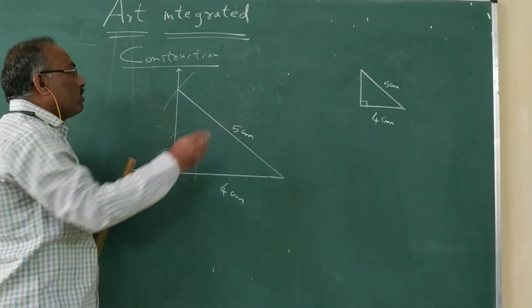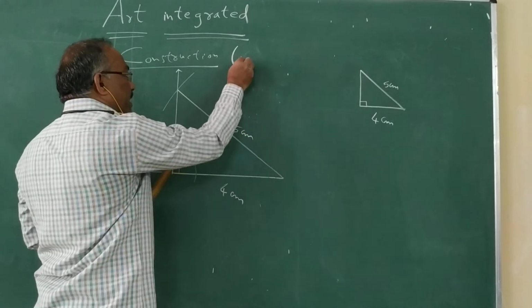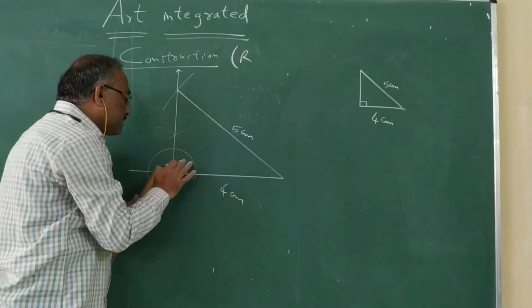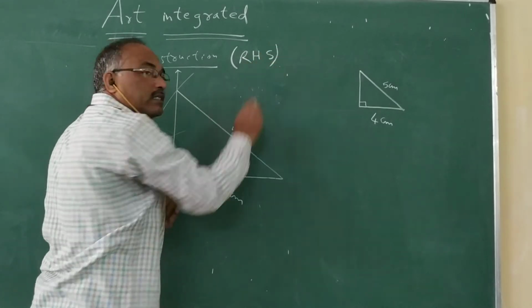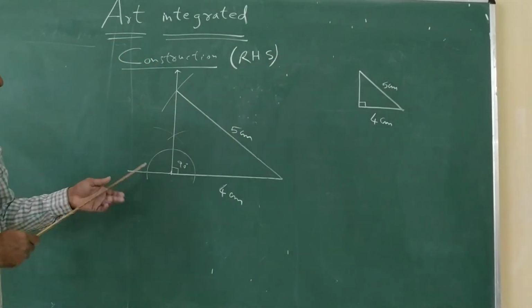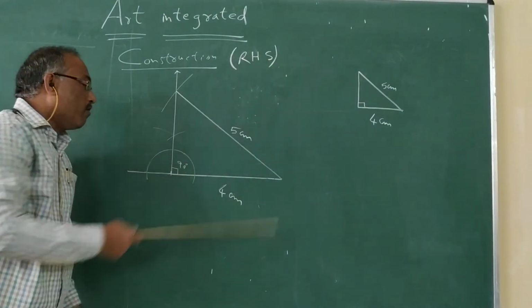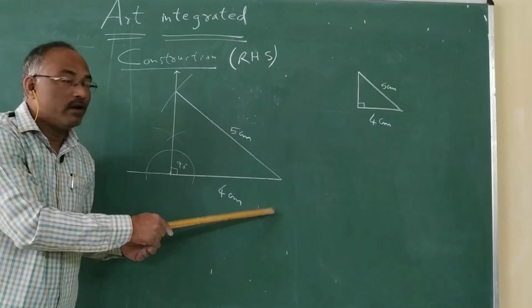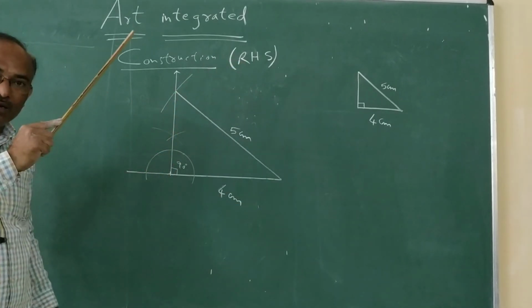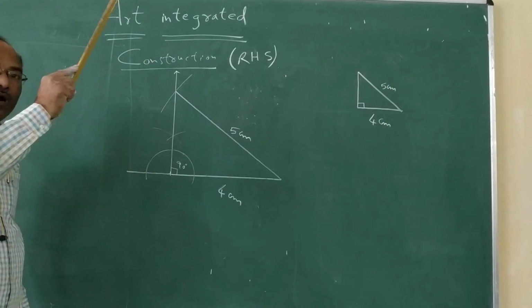Now in this construction of a triangle, what we have seen is that the information given is a right angle. Yes. And the side opposite to the right angle is the hypotenuse, and a side. This is a type of construction of a triangle in which a right angle, hypotenuse and a side are given. First step is to draw the side. Second step is to draw the right angle, or you can draw the arc, no problem. But the best one is to draw 90 degrees.